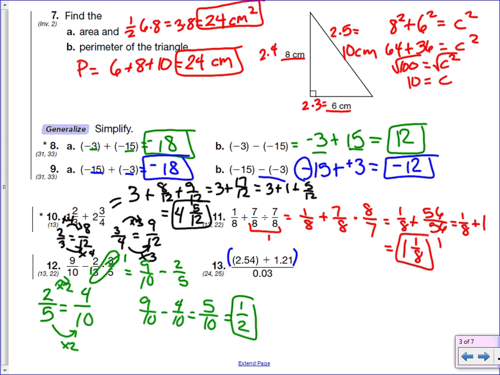So the first thing I'm going to do is 2.54 plus 1.21, bring the decimal down. So I have 3.75